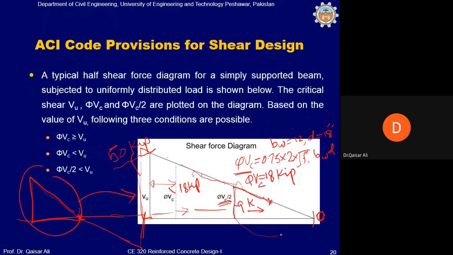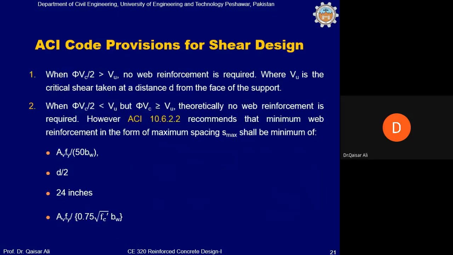कहने का मतलब ये है कि इस जगह पर तो आपको इजाजत है कि आप शेयर रिइंफोर्समेंट डालें, लेकिन इस जगह पर थ्योरेटिकली तो हमें कोई रिइंफोर्समेंट डालने की जरूरत नहीं होनी चाहिए थी। लेकिन ACI कोड कहता है कि नहीं, इस जगह पर भी आप शेयर रिइंफोर्समेंट प्रोवाइड करेंगे और उसके लिए ACI कोड ने 4 इक्वेशन दिए हैं और इन 4 इक्वेशन में जो कम वैल्यू आपको मिले उसके मुताबिक आप, कोड कहता है कि आप AVFY डिवाइड बाय 50 BW, ये वैल्यू जरा आप मालूम करें,